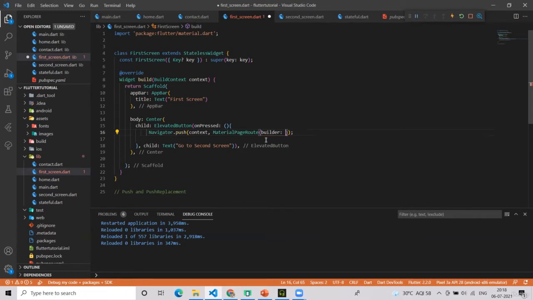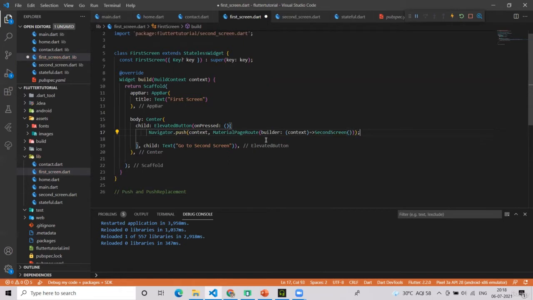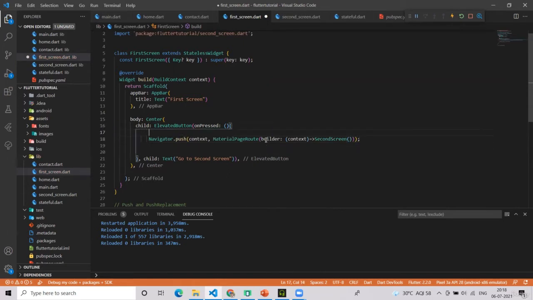Now this builder is a function like this, which will take context, and then this function returns the screen name, which in our case is second screen. So this is the code required to navigate from one screen to another.